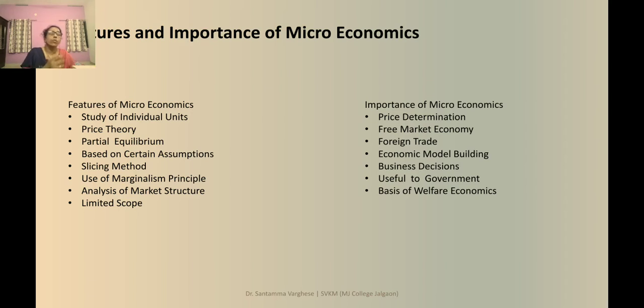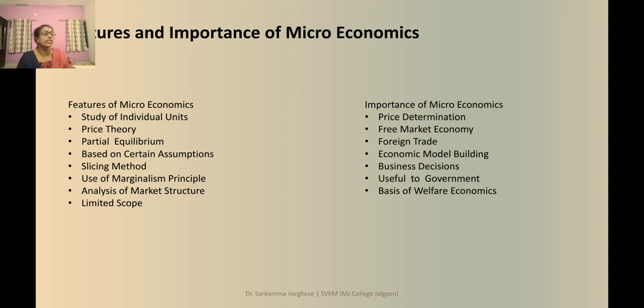Now, what are individual households, individual firms, individual industries? We study the economy microscopically. Microeconomics means microscopic study of the economy. While we are doing the microscopic study, we have to take each cell, like that, each individual as a consumer, individual as a producer, individual things, the price of the individual item. All these things we are considering. The first feature of macroeconomics is the study of individual units.